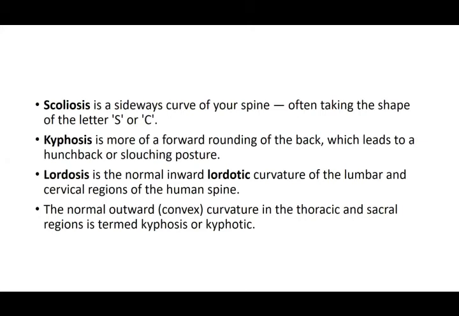So the normal outward convex curvature in the thoracic and sacral region is termed as kyphosis or kyphotic position. That is, they are not to the extreme, they are slightly curved outwards, that is in front and behind. That is the normal outward convex curvature, called a kyphotic appearance. Scoliosis is when it is sideways. If you see this picture,